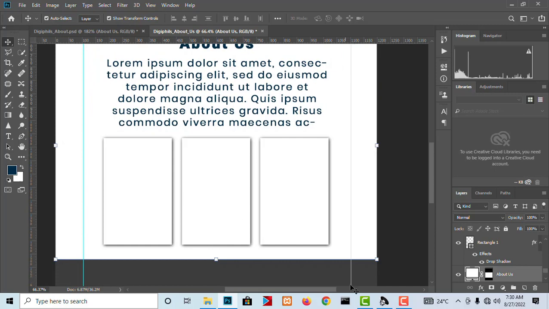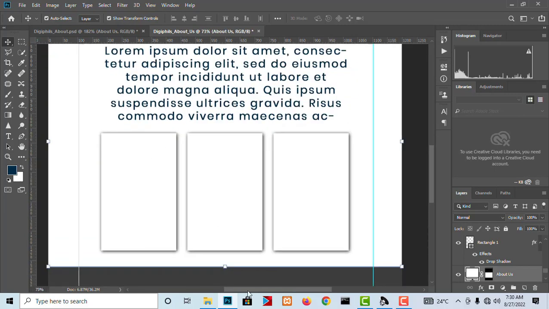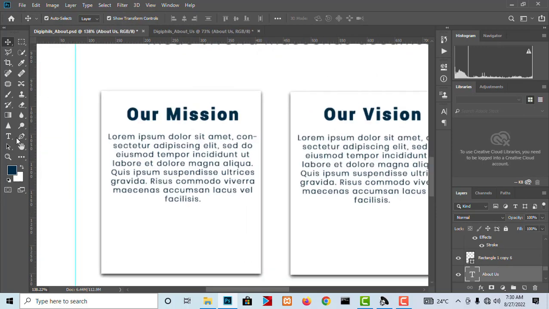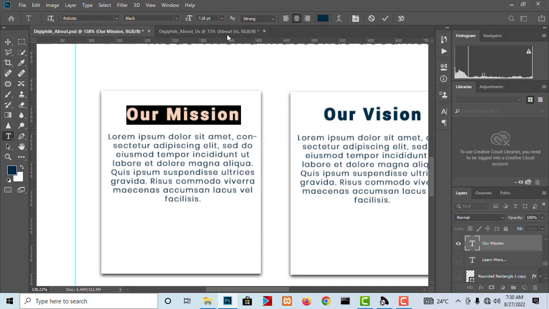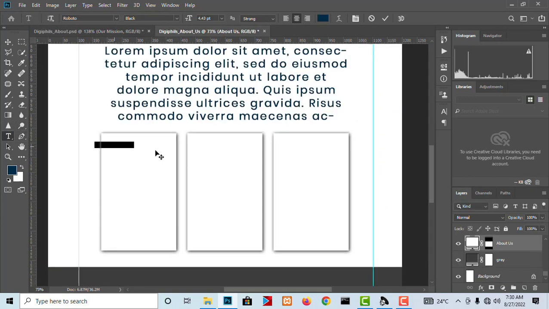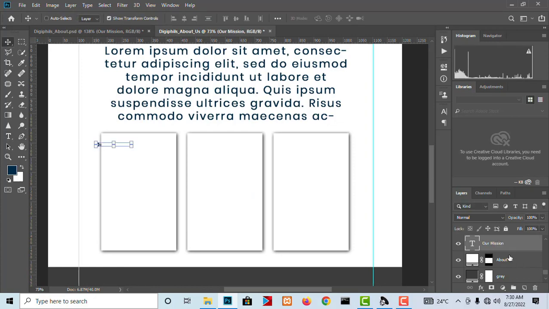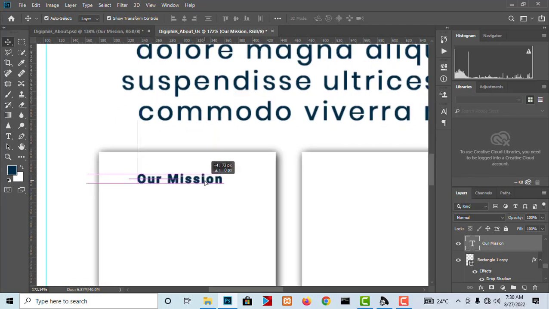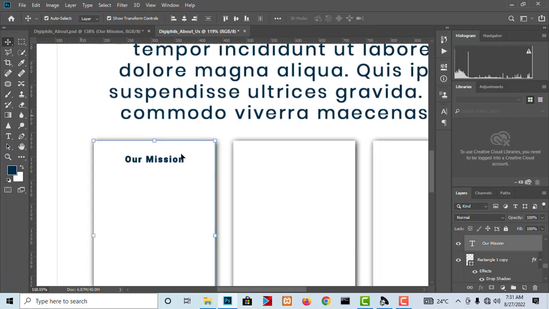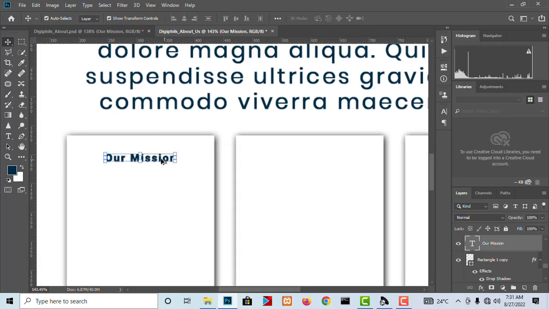Now the next thing we want to do is to write the heading, and the very first one we have is our mission. So let's copy this, our mission, and just go there and paste it. It is right below that, so we'll just drag it upwards to the top. Okay, let's ensure it's at the center. You select the text, hold Shift and select the second one and centralize it, and there you go, you have centralized. So this will be our vision,